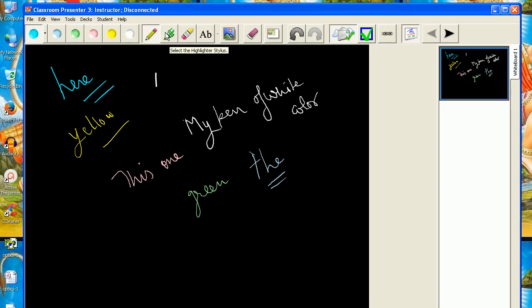And the second point is your highlighter. If I have to highlight anything, I can highlight by using the yellow color. This you can see. But in a black background this is not required and not visible, it is visible in a white background. This is the small eraser. You can see that by using it you can erase whatever you have written.